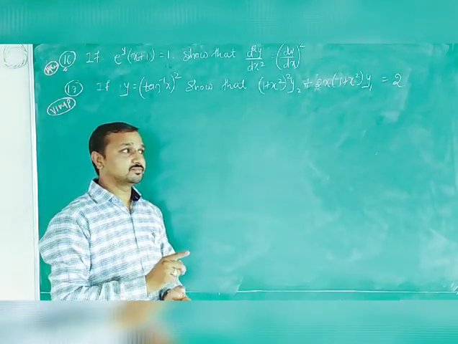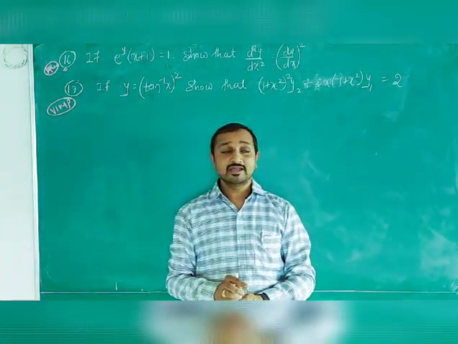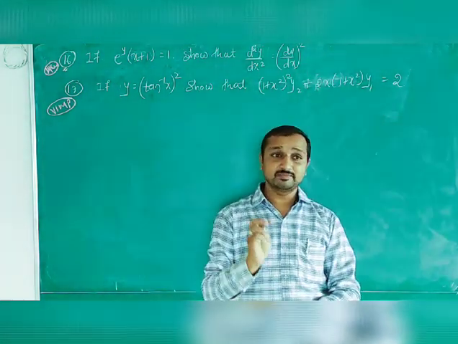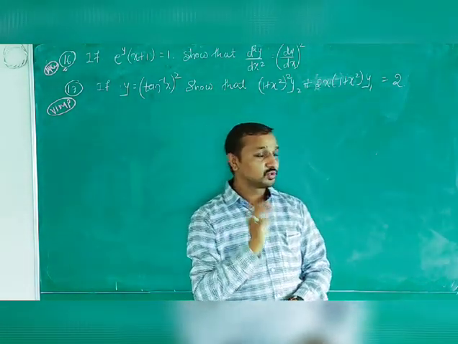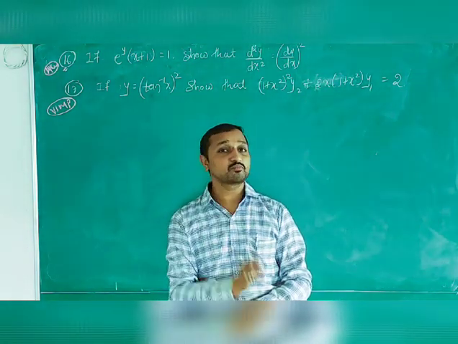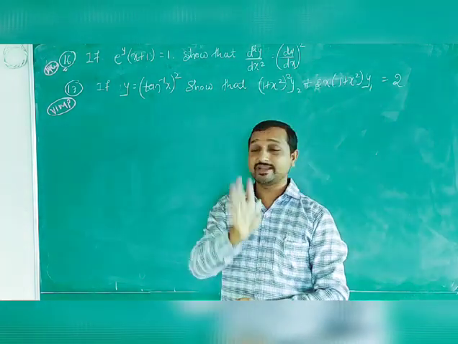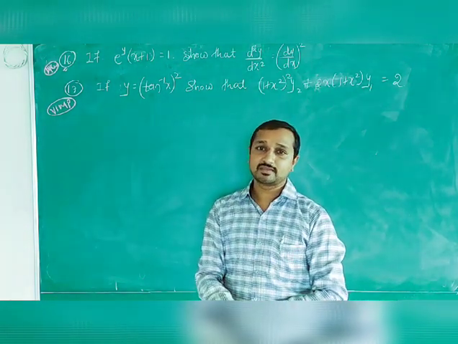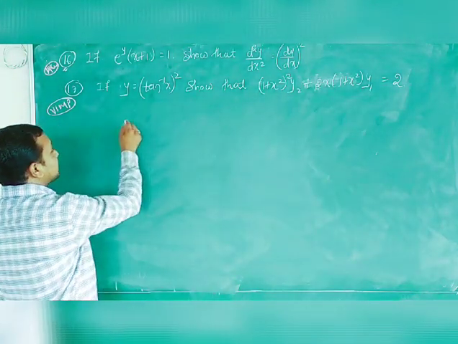It's clear that I can solve the first example, 3 cos log x plus 4 sin log x. This is very important, and a into e raised to mx plus b into e raised to nx, that is also a very important example, and the example of 3 into e raised to 2x plus 2 into e raised to 3x is also very important. These 4 examples are very important for your annual examination. Is that clear? So see that this is very easy, I can solve.